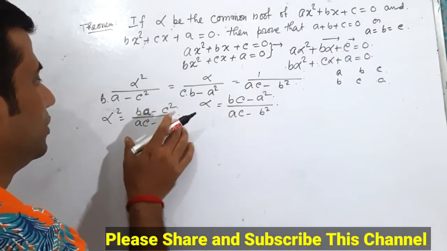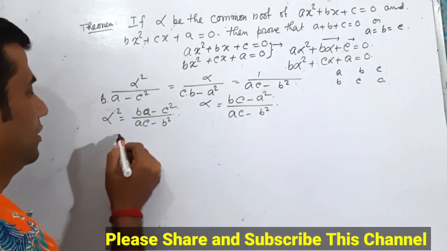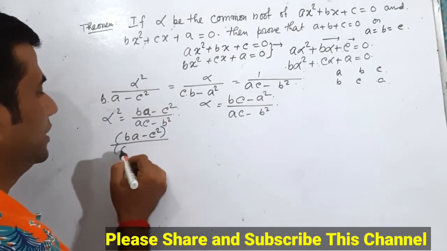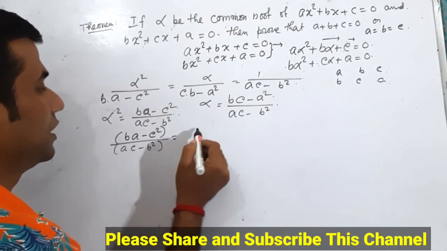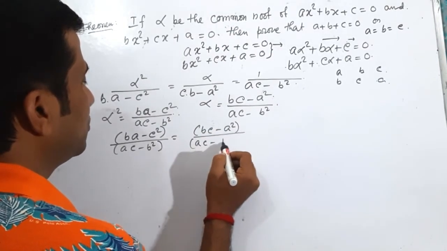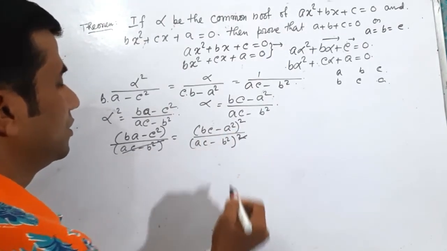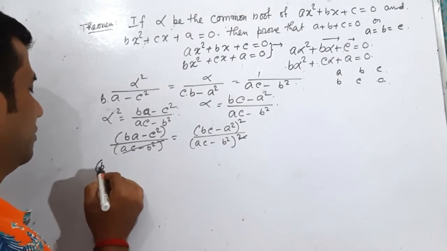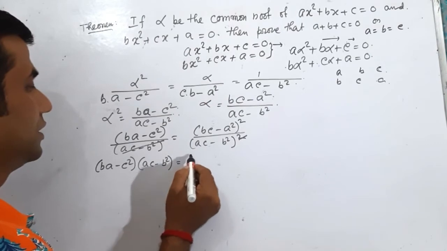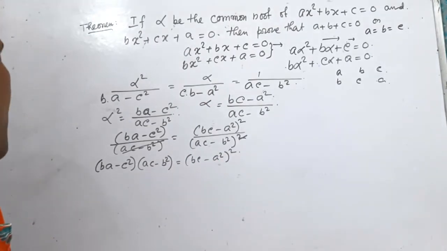Squaring this we get alpha square, then (ba minus c square) by (ac minus b square) is equal to ((bc minus a square) by (ac minus b square)) whole square. Cancelling we get (ba minus c square) into (ac minus b square) is equal to (bc minus a square) whole square. Multiplying we get